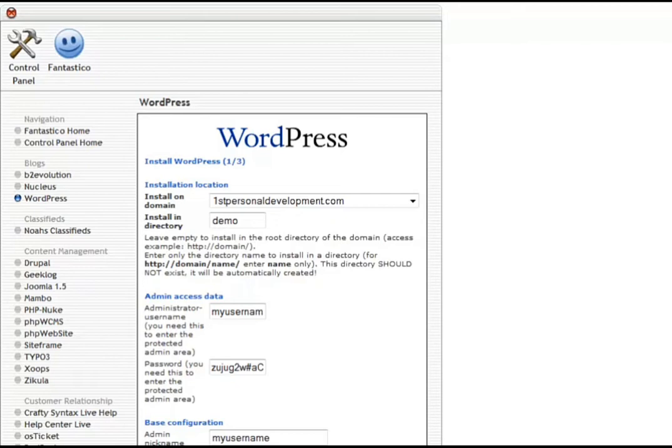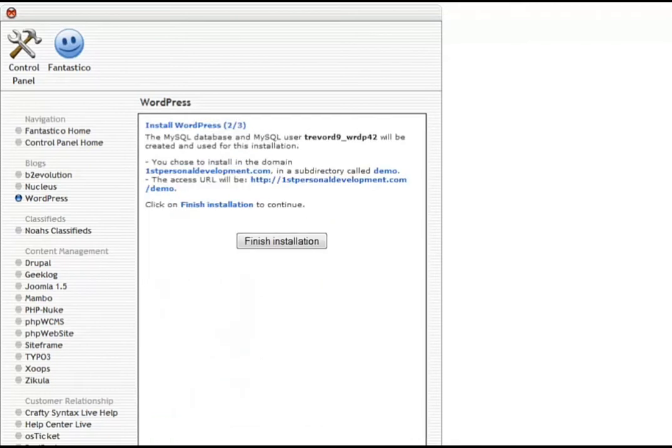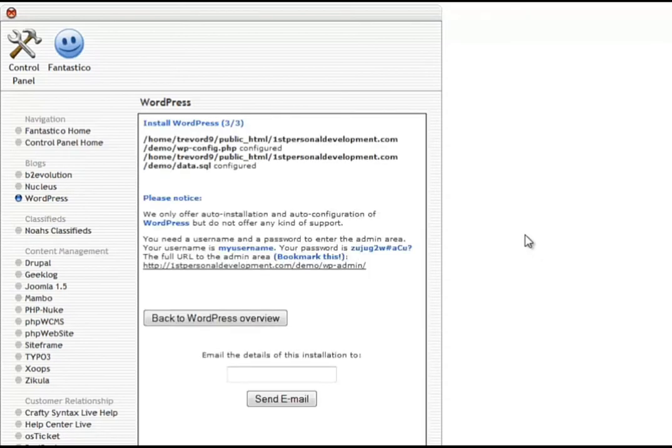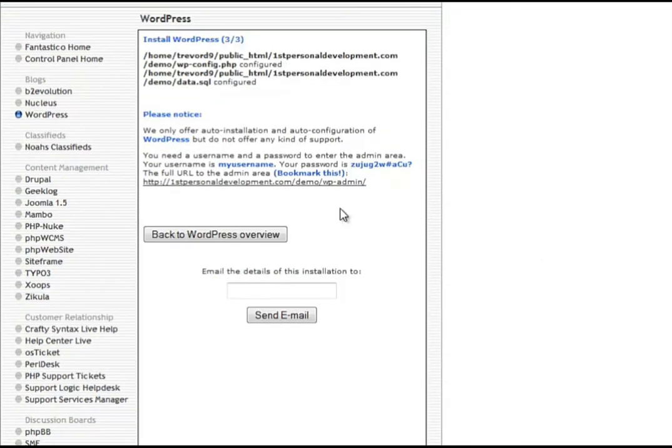Then there's a little button that says install WordPress, and basically that goes off to that screen, and you then click on finish installation. As you can see, it's done it into a demo thing, because I'm not going to keep this. Finish installation, basically it's done everything. So we can then go to that link